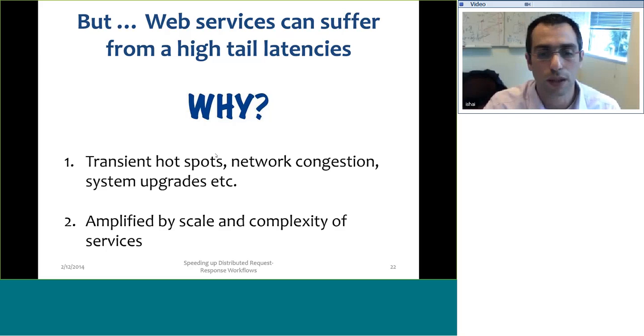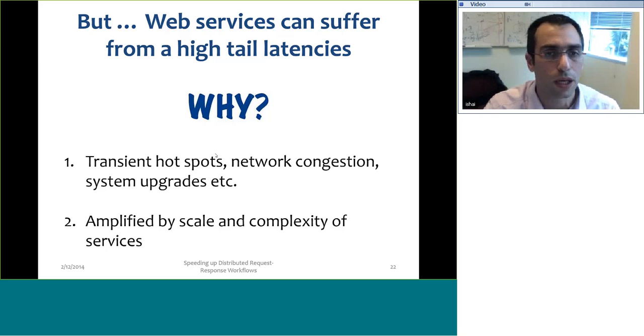But basically you can think of physical machines. There are many physical machines that are involved in this process, located at different places in the data center. There is network congestion. There are transfers of information between the different stages, and so forth. And of course, the scale kicks in, and we get a complicated system, and this sort of explains the effect.